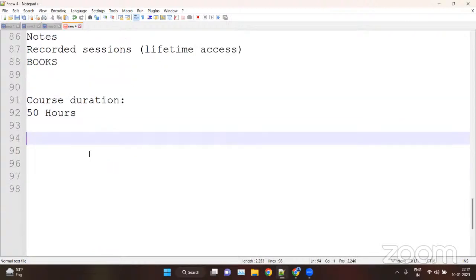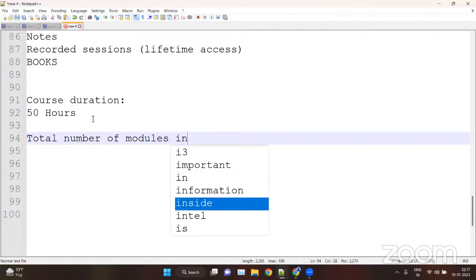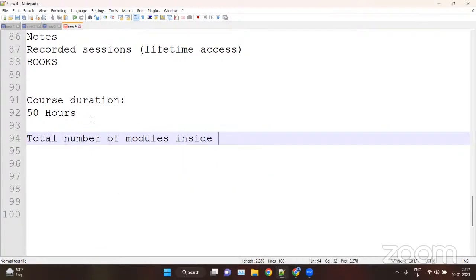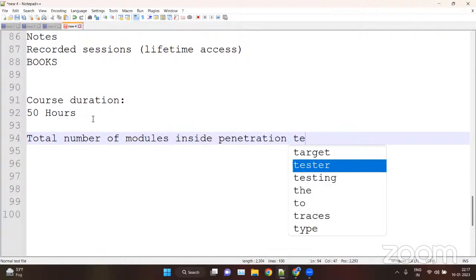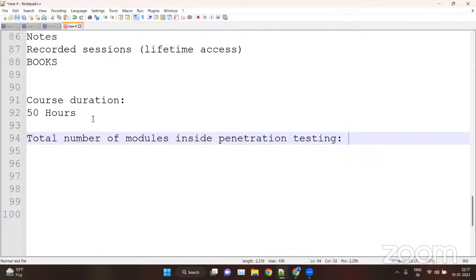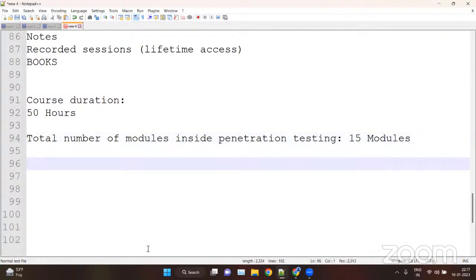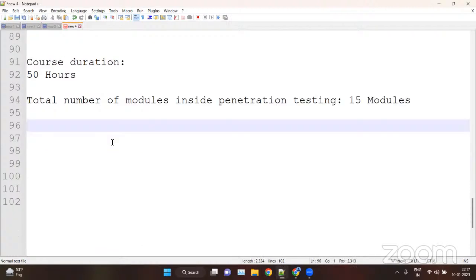The total number of modules inside penetration testing is 15, which will cover each and every concept and topic needed to become a penetration tester.